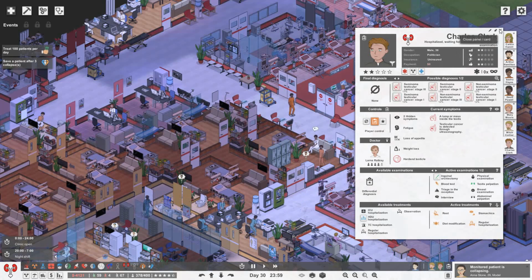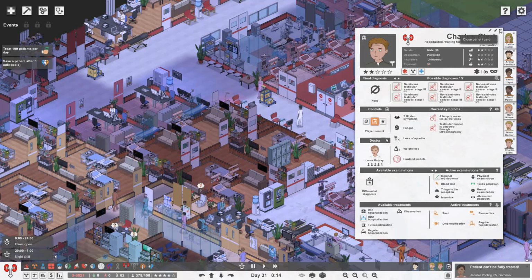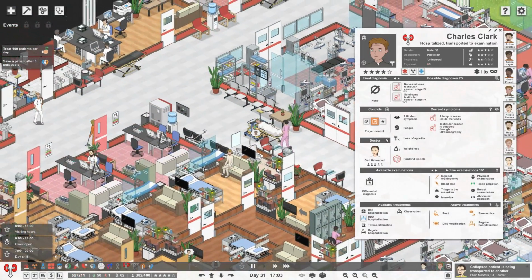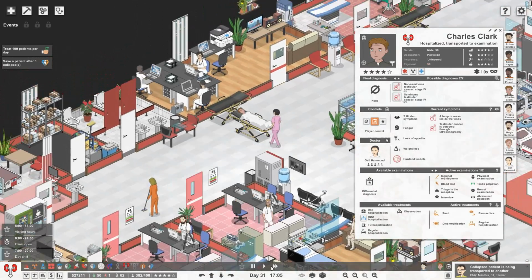Hopefully, because it's more of a biopsy, it can also give us a lot more information of what stage the cancer's at. So what I'll do is fast forward to the morning, and then we'll see what's wrong, hopefully, with Charles soon enough. Okay, so our good friend Charles Clark is just making his way over to the diagnostic unit,